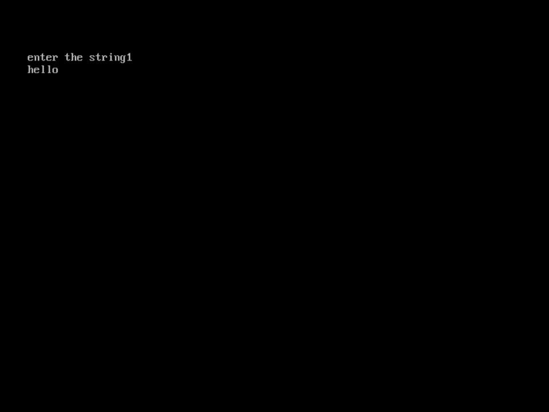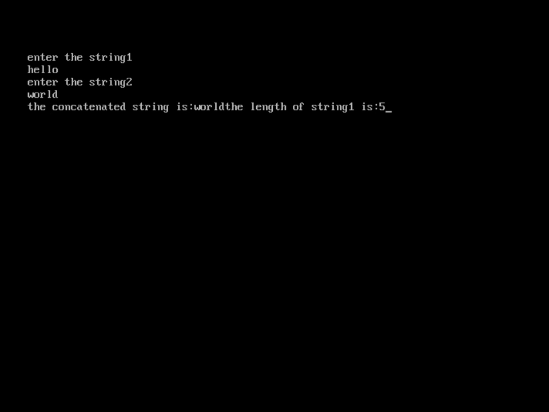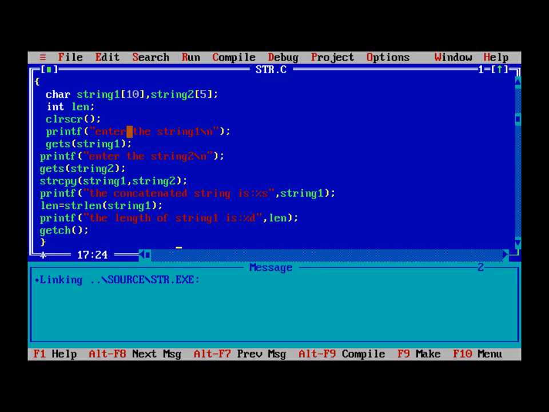String 1 is given as hello. String 2 is given as world. Now the copied string is world. Let's see. The string 1 is